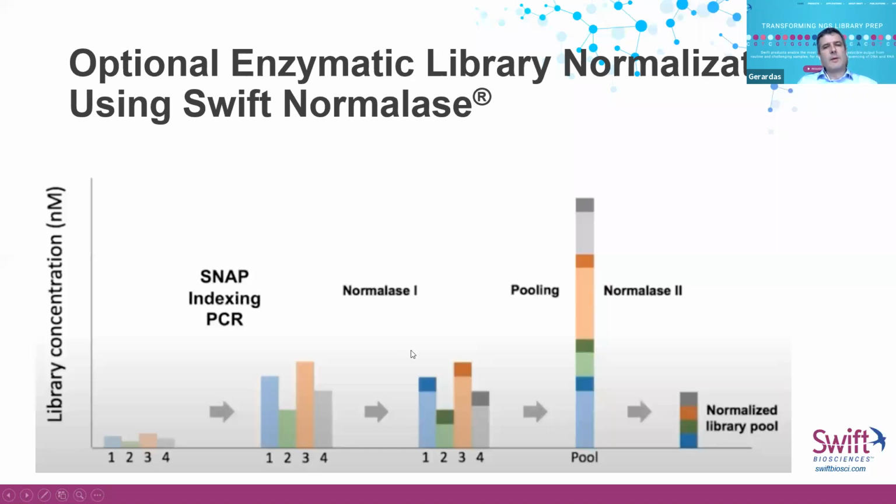Then you would use the normalize one, which is the enzymatic step of normalization, indicated here, where normalize would mark a certain concentration of each library. This is a very schematic, very graphical approach, so to speak. Even if those libraries are at different concentrations, the specific amount of each library will be marked with normalize one